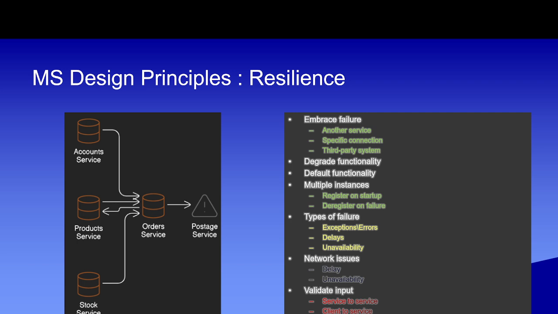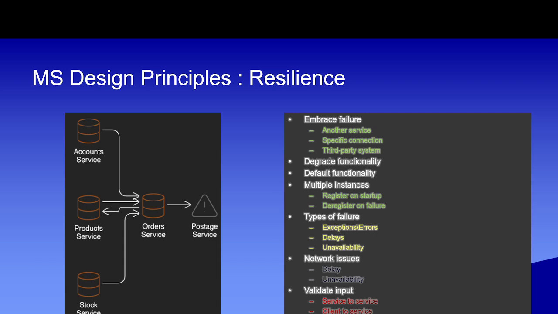An example of default functionality might be a postage microservice, shown in the diagram on the right side. If the postage microservice goes down and does not respond, and the order microservice relies on the postage microservice, when it detects that the postage microservice is not responding, the order microservice might use the default postage rate for the orders